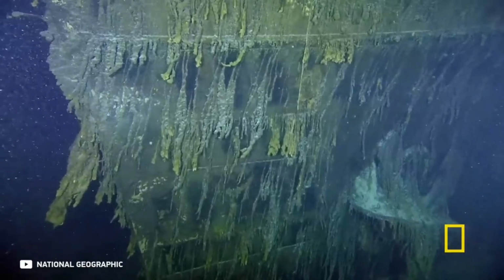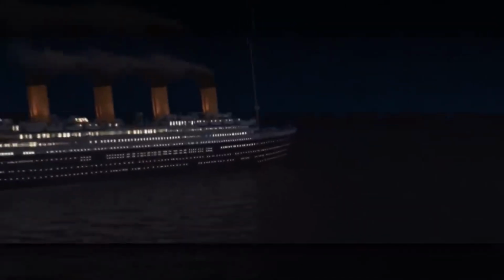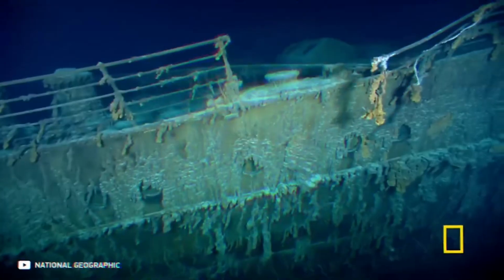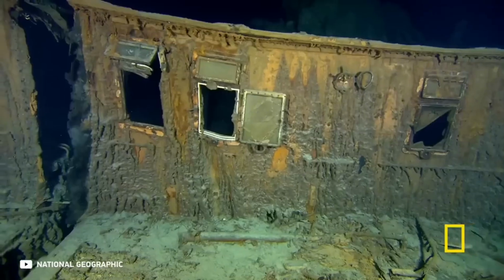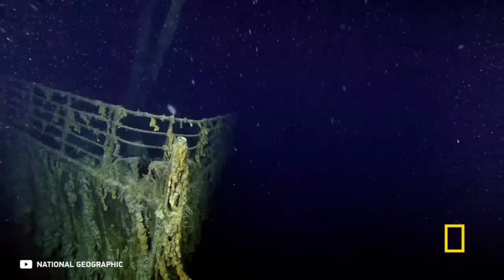In 1996, engineers almost destroyed the legendary ship. And can you lift the Titanic with ping pong balls? Almost everyone knows the story of the Titanic, so I will not retell it to you again. But before I present a new plan, let's look at what ways scientists suggested to lift the Titanic from the ocean, and what